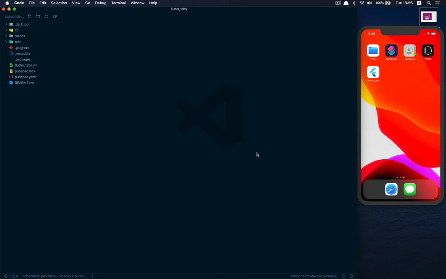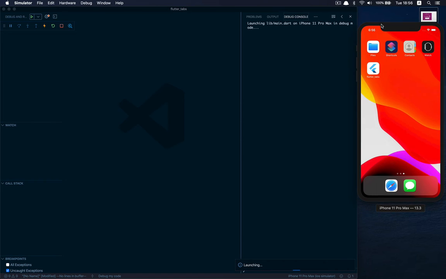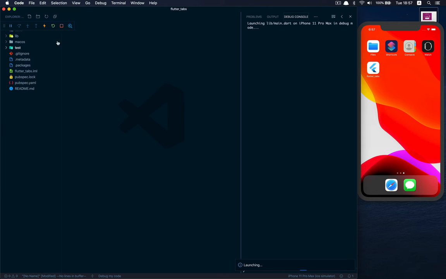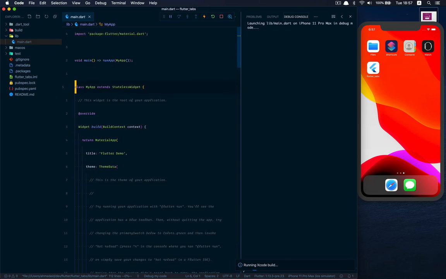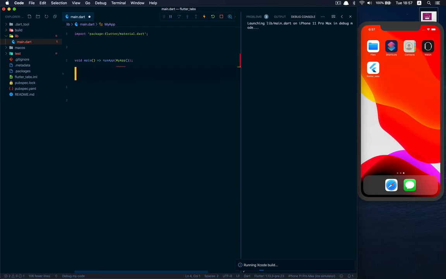Run it on the simulator by pressing F5, choosing Dart and Flutter, and it should run on the simulator you have running, or you would have to choose a simulator. I'll go into my lib, my main file, and I will delete everything that is here. And I will start by creating a